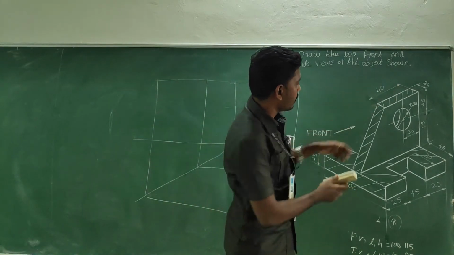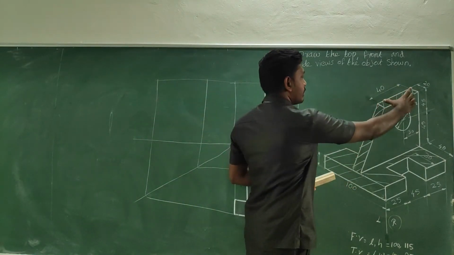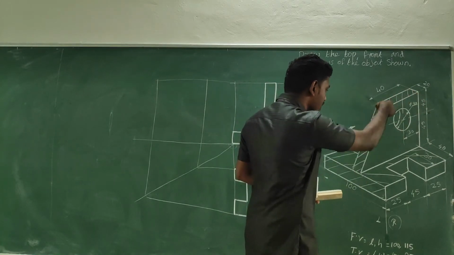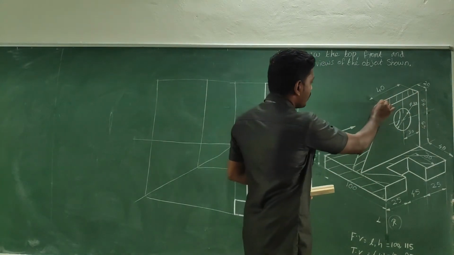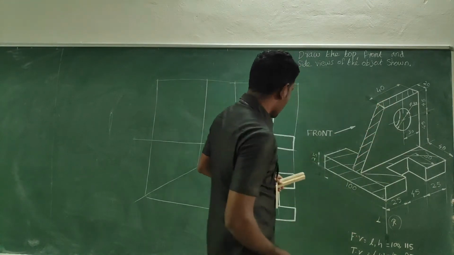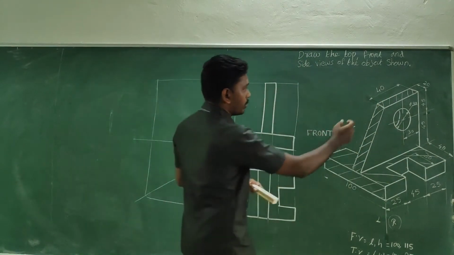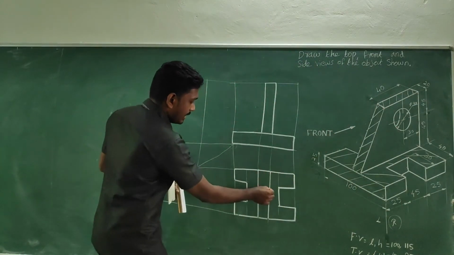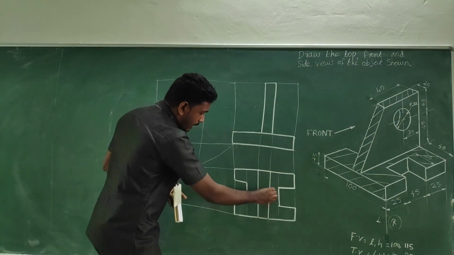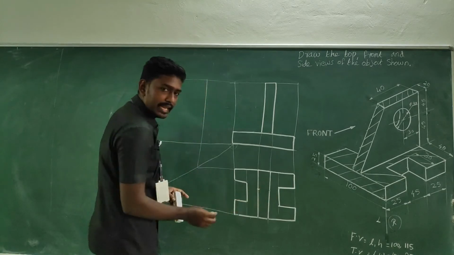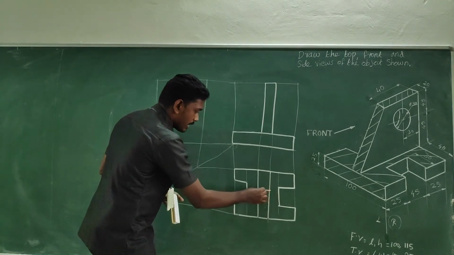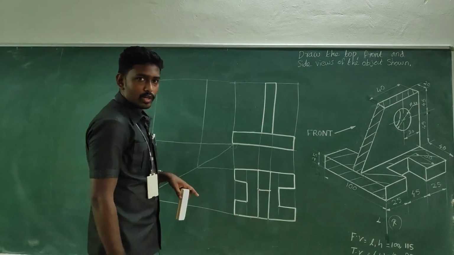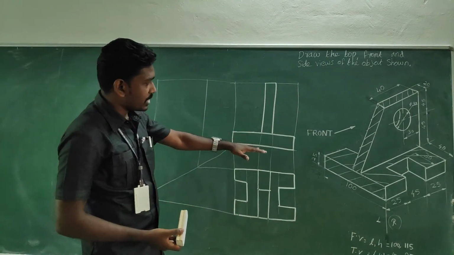And here you can see it is somewhat a normal flat surface, and only then does it come to the slope. Am I right? So here we can view this edge, which must be captured here. What about this edge measurement from this end? It is 40. So from this end measure 40, mark a point on both sides, and go for a dark line. Measure it from the end and go for a dark line. I hope I have completed the top view.